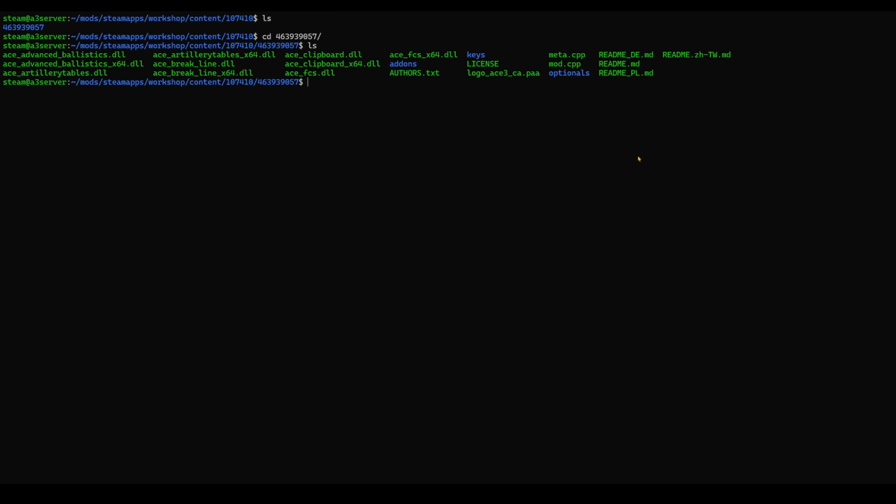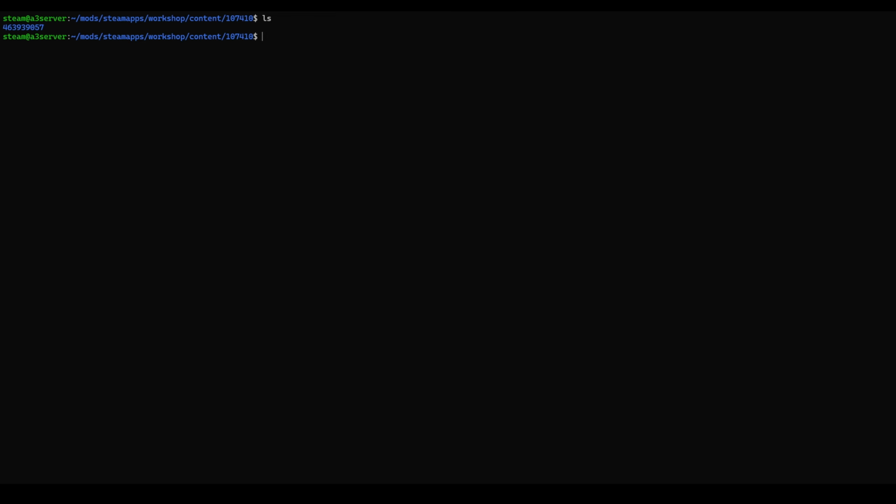So what you need to do is run this command inside of this directory. If you run the command inside of the mods directory, it's going to rename everything after mods into a lowercase name, and that could break some things. So the one thing you want to be sure of before you run this command is to run it from this directory here as far as Arma goes. So we're going to back out. And as you can see, we are in this directory,